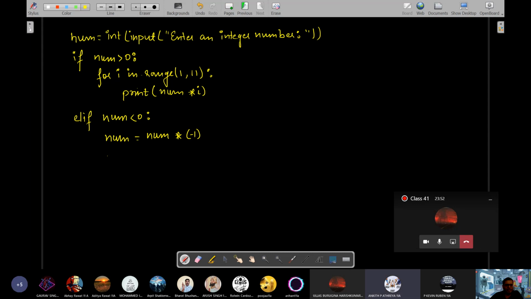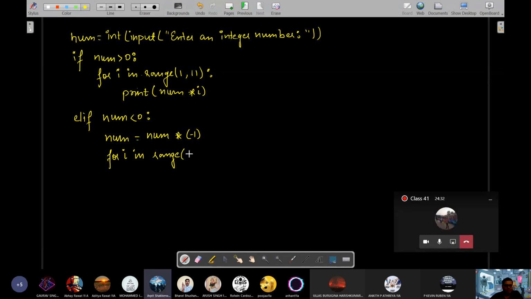And then you will find the factors. What do we do for factors? For I in range. Sir, I itself or j? So we can use the same thing, sir. Same. Why? Either this will run first or this block won't be executed. If this for loop is executing, then this one won't, because it won't go into 2 bodies at the same time. Either the number will be negative or positive. Understood? So this for I loop will run only one time, so I will be created only once. Is it clear?